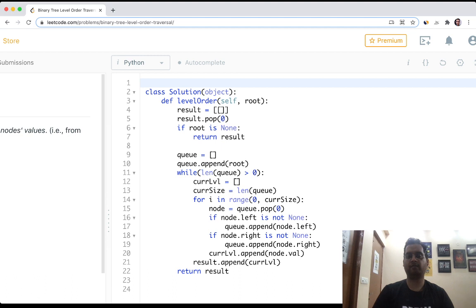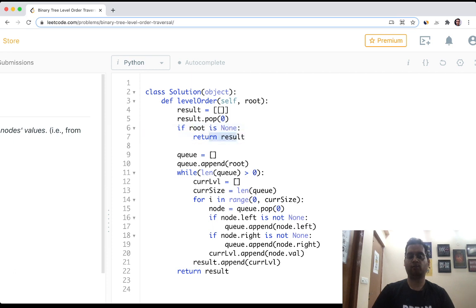So in Python, we have initialized the list of lists, so it will create an empty position. You can also directly use the result variable where you want, but I have done it for simplicity. You pop the first element, else it will not pass some of the conditions. Okay, if root is none, return result.